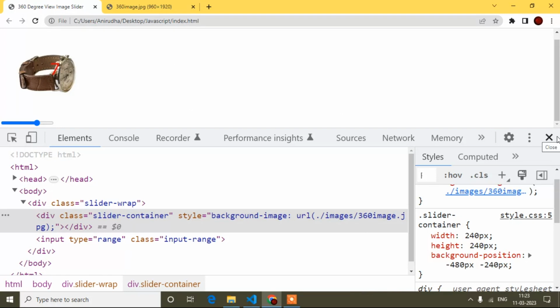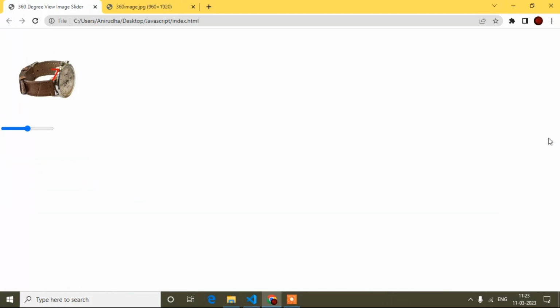But now I will not write the JavaScript condition, because this range slider is also very important. Some properties I have to add in HTML; without them I cannot do that. Now see the important thing. When I reload this page, it displays the first image, but the range slider comes in the middle. When it is the first image, the range slider should initially be here. How can we do that?